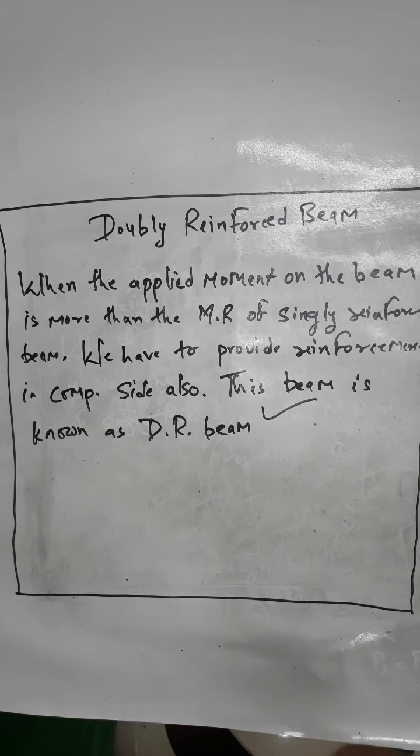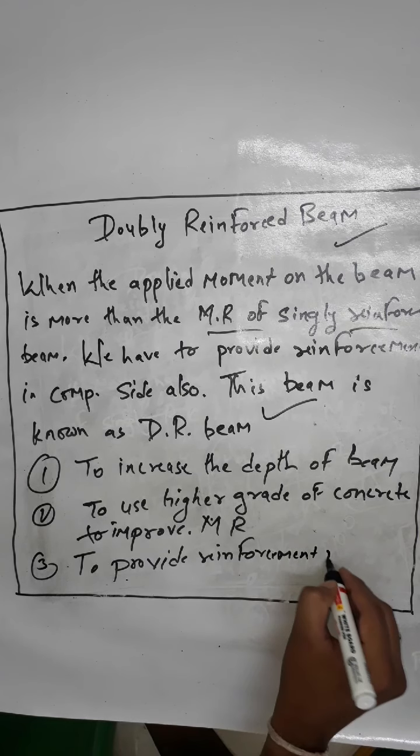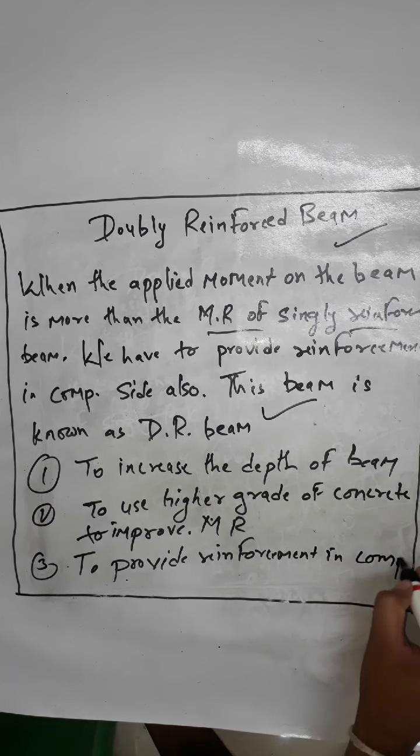Second, to use a higher grade of concrete to improve MR. And third, to provide reinforcement in the compression zone of the beam to increase the moment of resistance. So there are three options